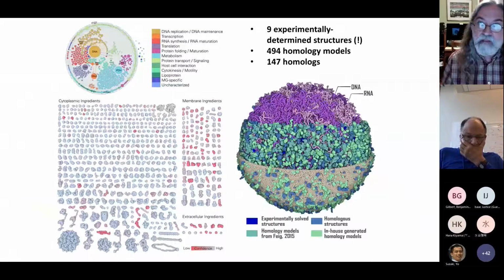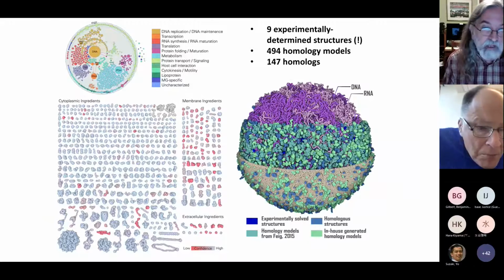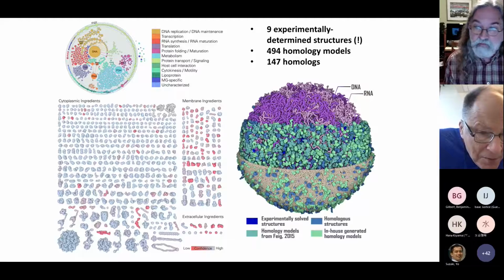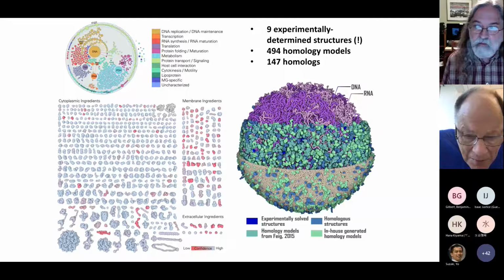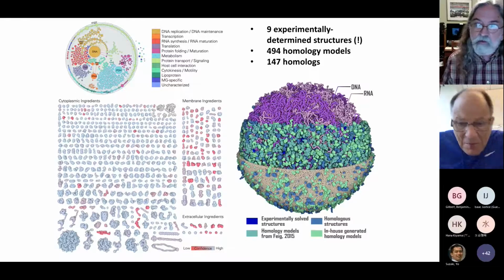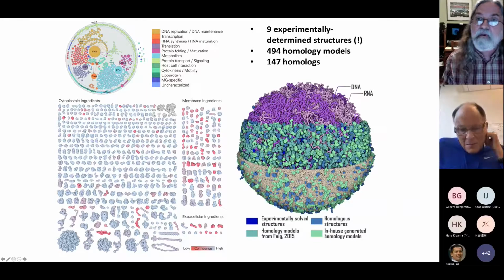And so the major part of the work that she did for this mycoplasma project was building a structural proteome of this Mycoplasma genitalium cell, going through one protein at a time and seeing whether she could find believable structures to represent it. And so she ended up with this big proteome of the whole cell that includes a grand total of 9